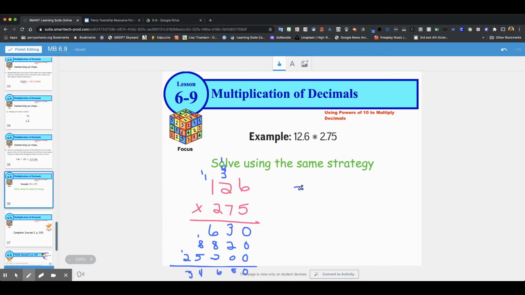Okay, so I've got the numbers 3, 4, 6, 5, 0. I moved this decimal 1 place to the right, and then I moved this one 1, 2. So I've got a 1 and a 2. So I'm going to divide this by 10 to the third power. So using that same method, I'm going to put it here, and I'm going to go 1, 2, 3. Boom. So my actual answer is